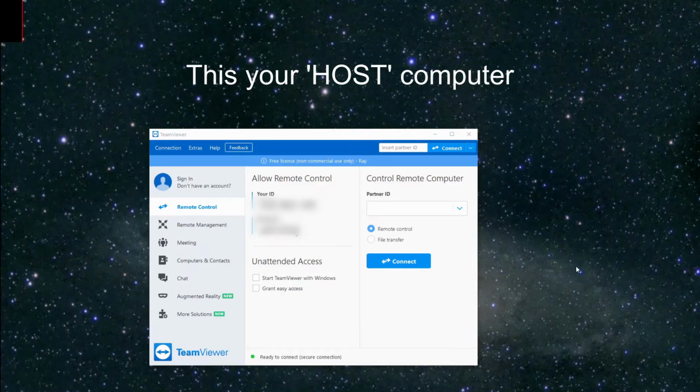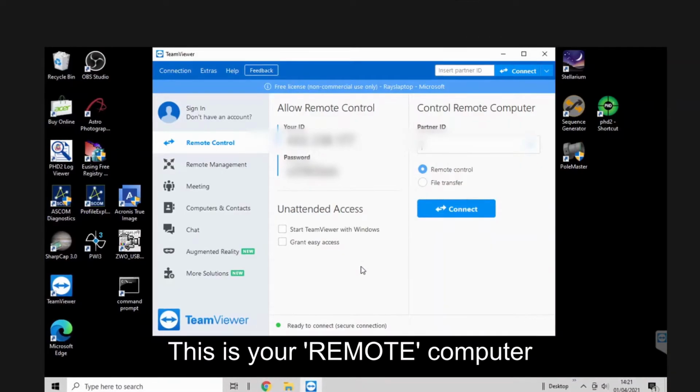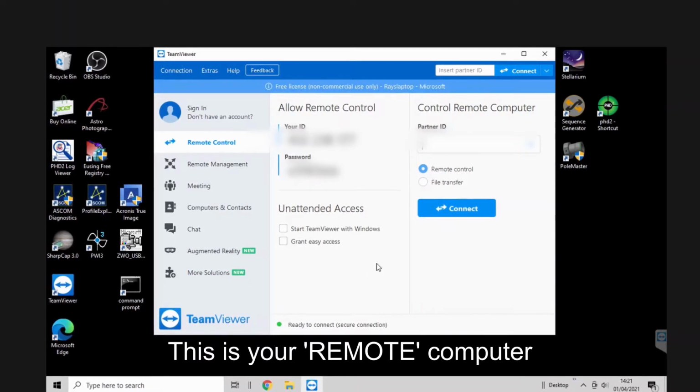And once it's fired up on your control machine, then you'll be confronted with this window here. Now what you need to do next is fire up the application on your remote computer. In other words, the laptop or machine that you're using to control your astro imaging equipment. So once you've fired the application up on your remote computer, in this case the laptop controlling the imaging session,